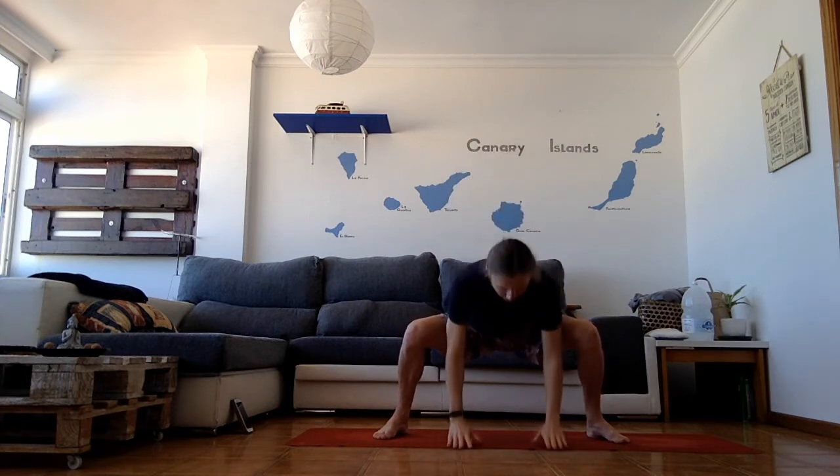Let's step left leg back. Separate legs, two hip width apart, maybe even wider. And let's bend the knees, go for horse stance. Arms in the front, stay here for 3, 2, and 1. Bring your arms down on the ground,